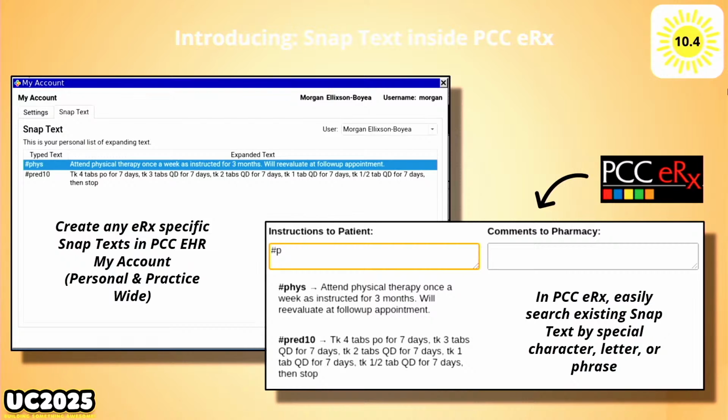What's really interesting, the question was, is it going to be EHR wide? We were already going to do snap text. Then we got the idea about the searching from a recent ERX drop-in. And then Sarah's on top of this, and she's like, wait a minute. They're doing this in the same release in the EHR, and everyone cheered. And so in the EHR, you'll also be able to search. Theirs looks a little bit different because ours is a web app and theirs is not, so there'll be a little bit of difference. But if you've ever struggled to know what your snap texts are, don't worry.